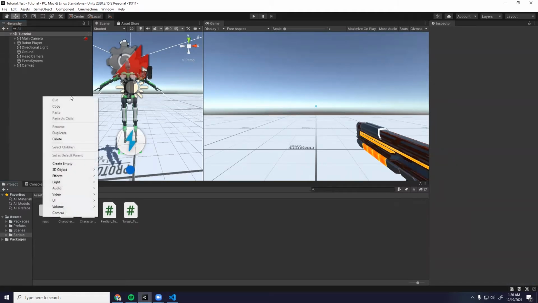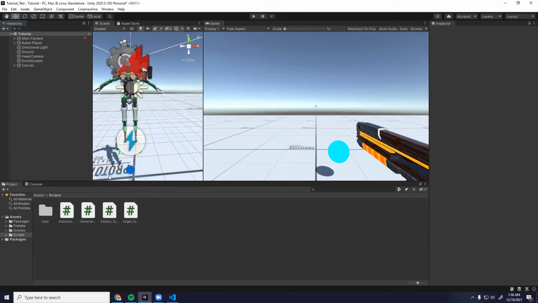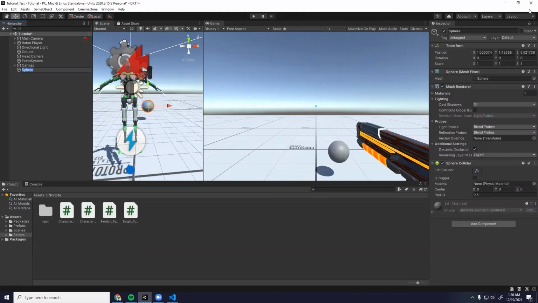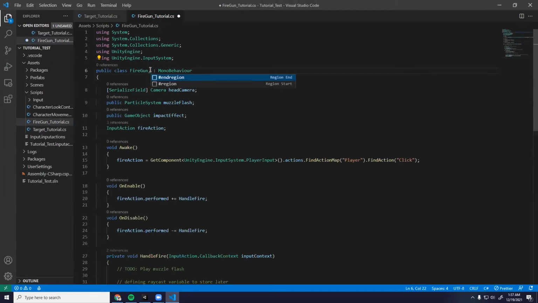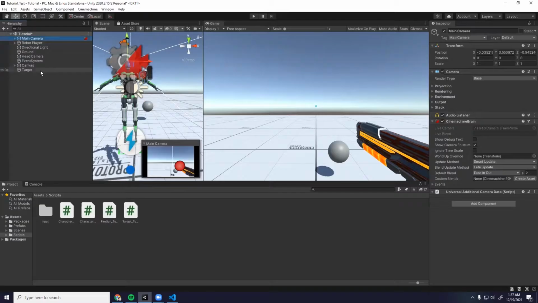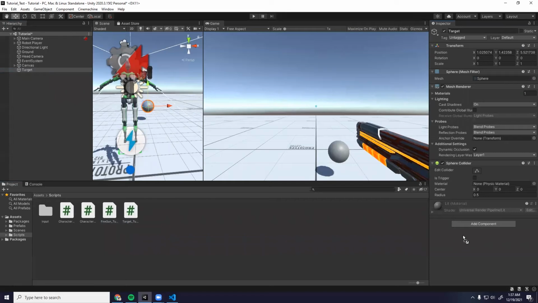So if we right click here, create a 3D object, and let's make a sphere. We can call this sphere target and drag on our target script into it. Give me 1 second. I need to rename this to TargetTutorial, and this one as well. So if we go ahead and drag on our TargetTutorial script onto our sphere,